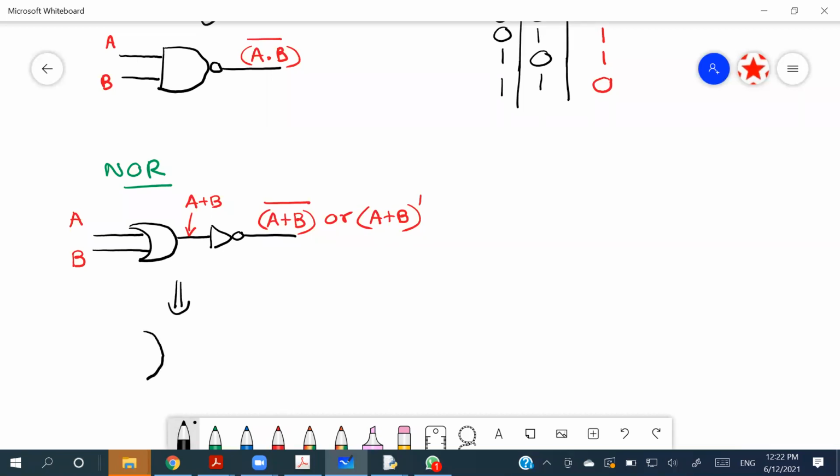So how we are going to illustrate this? We put the small dot in front of the OR gate and we represent the NOR. So A, B is here, A plus B total bar is going to be here, right? And if you consider the truth table,